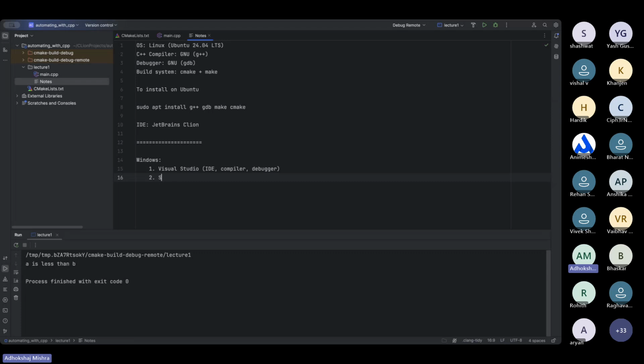Otherwise, you can set up VS Code with plugins, and for that you will need extensions for C++ development, debugging, etc. Okay, and if you want specific compilers, you can use MSVC itself, that is Microsoft C++ compiler,